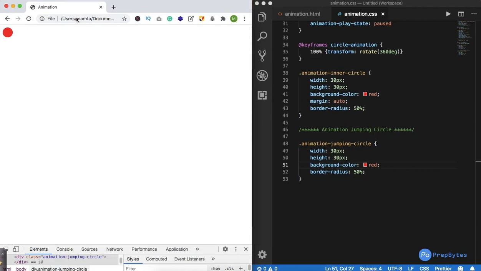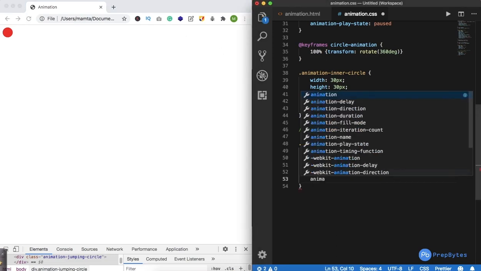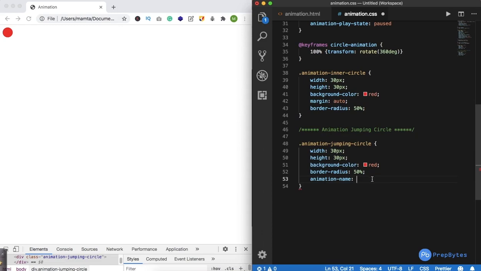Okay, so now what I want is that I want this ball or this circle to get a jumping effect. So for that, again, I'll add the animation. First I'll give the animation name. So let's say I give it jumping circle. Now I'll do keyframes, then I'll do jumping circle.